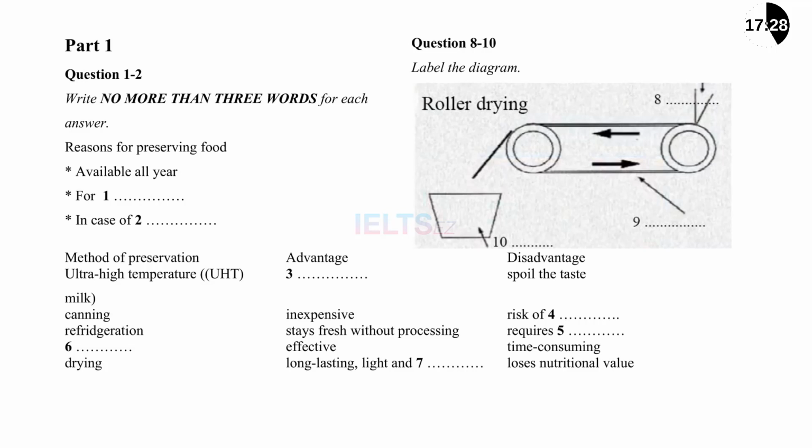Well, first of all, the hot soup is poured in at one end here. The liquid spreads to form a thin layer on a heated belt. The liquid dries as it moves along. By the time it reaches the end of the belt, all the water has evaporated, leaving only dry powder. A blade then scrapes the dried material off the roller and captures it in powder form. All you have to do is add boiling water, and you have your hot soup back again, ready to drink. Another method is called freeze drying, and for those of you who still remember...